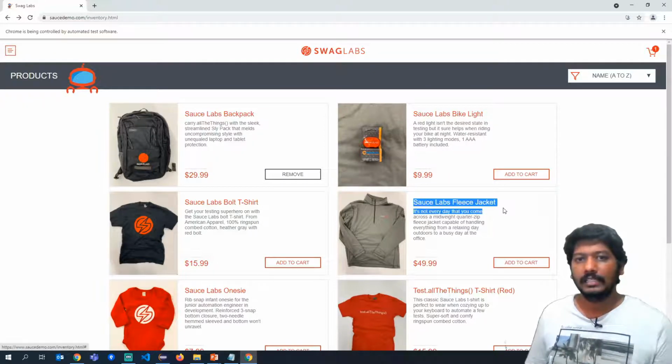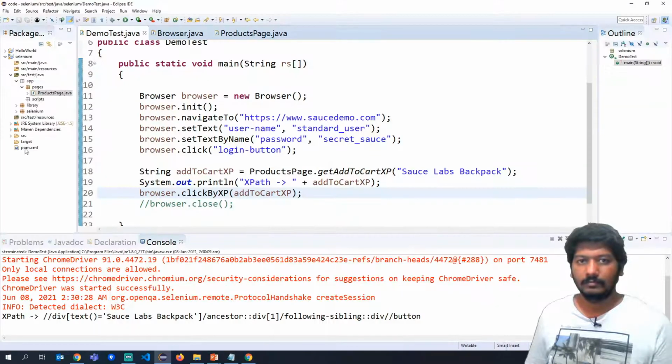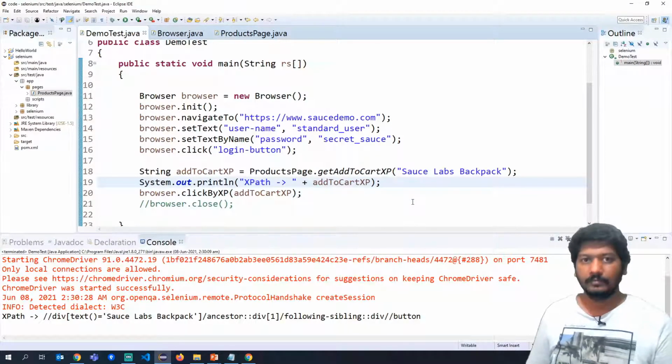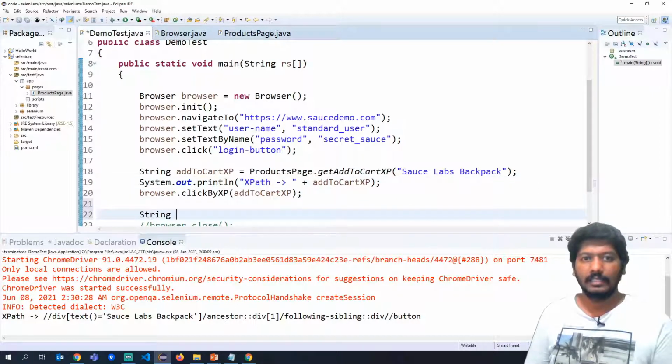So we have to first get the title. Okay, and then what I will do, I will create another add to cart XPath, XPPRD2, like second product.